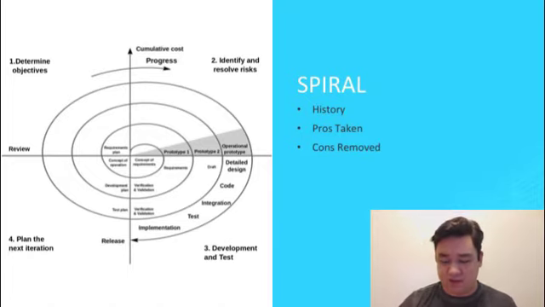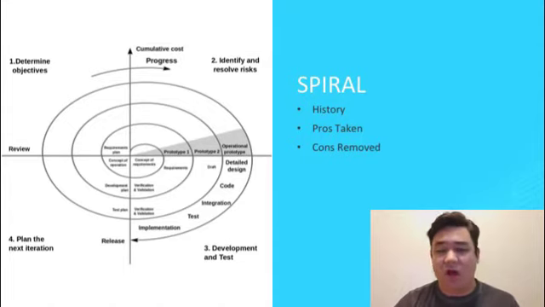What I didn't like from it, one of the problems with the spiral model, is that it can go on forever and ever, and there's a good chance you might never see the end if it ends up getting completely out of hand. And it could also cost a lot of money, because the further it goes on, the more money you have to spend to keep the situation going. So I tried to take care of that, or not really include that in my